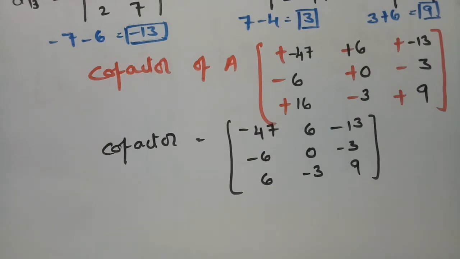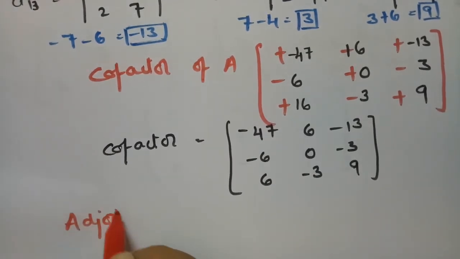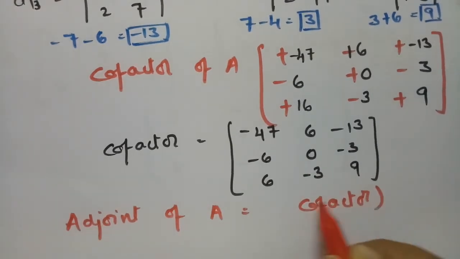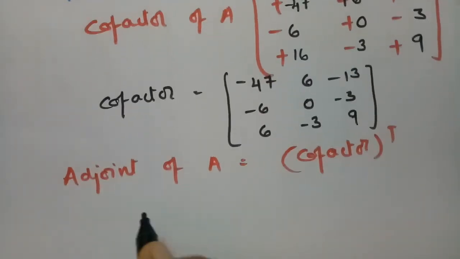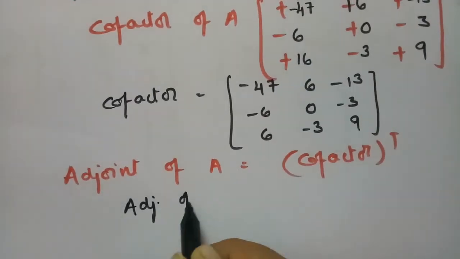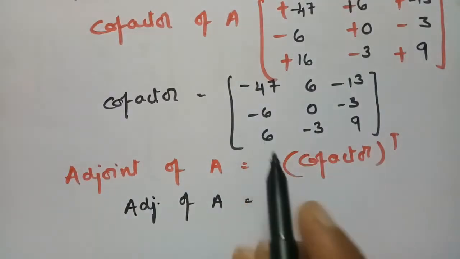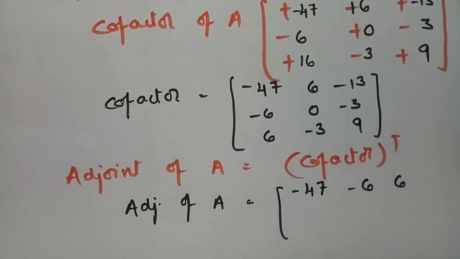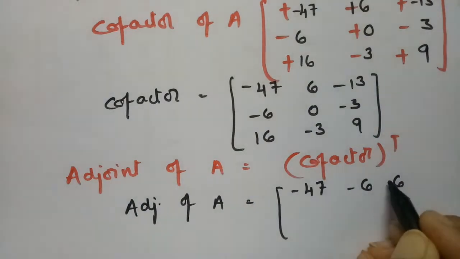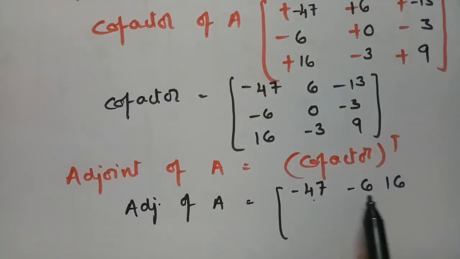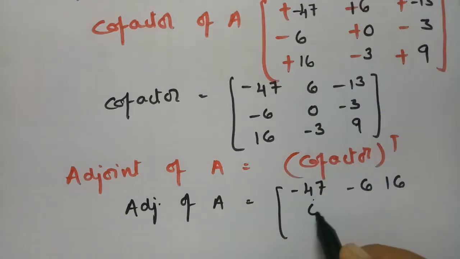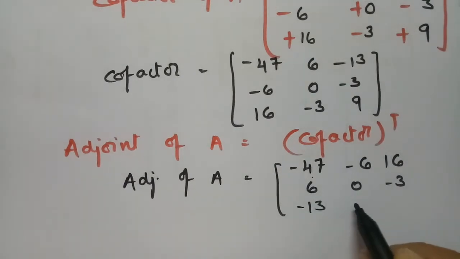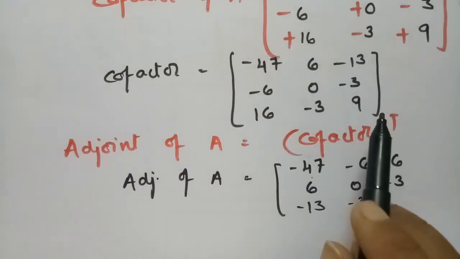Now adjoint of A is nothing but cofactor transpose. So we have to transpose the cofactor matrix so that we'll be getting adjoint of A. So now you have to change this column as row, that is minus 47, minus 6, 16. Minus 47 minus 6 plus 16. And this second column is second row, that is 6, 0, minus 3. And the next one is minus 13, this is minus 3. And this value is,